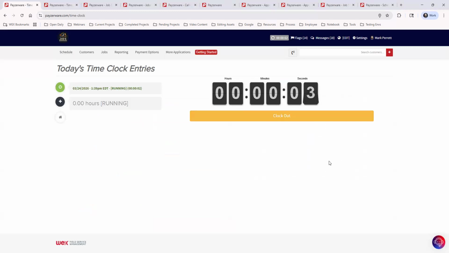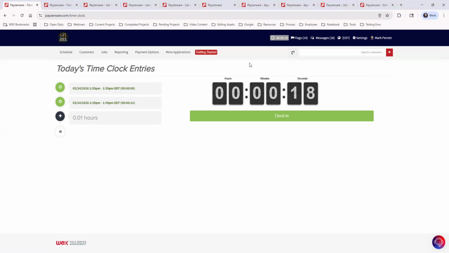This is a great way just to track your daily time. You're making appointments, you're scheduling. It's time for lunch, you just clock out. You come back from lunch, clock back in. And then at the end of the day, you're ready to clock out and go home. You clock out. Those timestamps will be visible for you here, but for anyone else on your team, or if